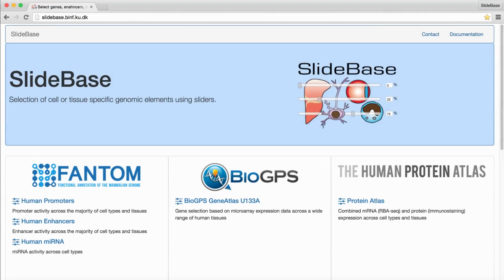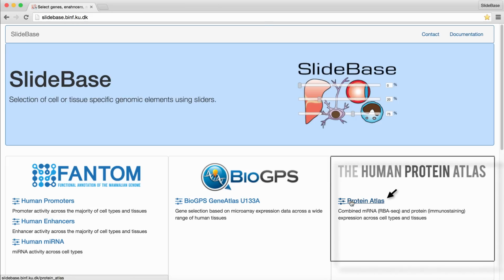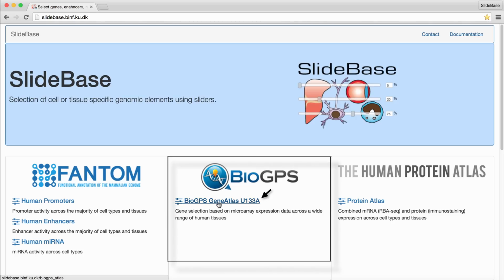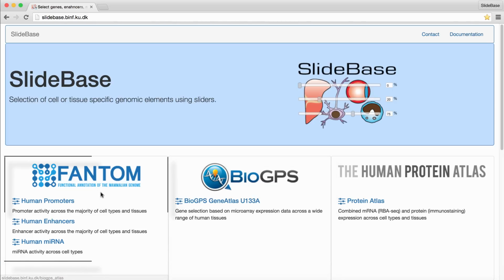The SlideBase homepage outlines the different types of gene expression data resources that we can use as a basis for selection. We include 5 different types of datasets. The Human Protein Atlas enables selection of genes based on either RNA-seq gene expression or protein abundance in tissues across the human body. The BioGPS Expression Atlas enables gene selection based on microarray expression data across a wide range of human cells and tissues. The FANTOM Promoter Atlas enables the selection of promoters based on cage expression across human primary